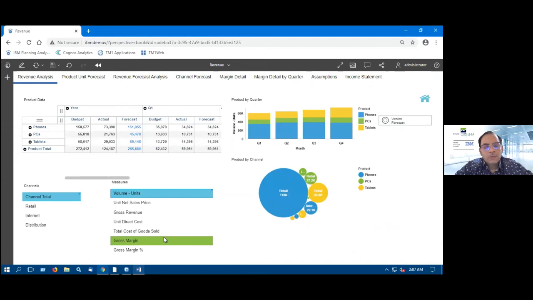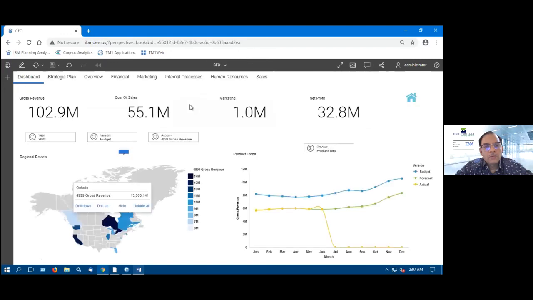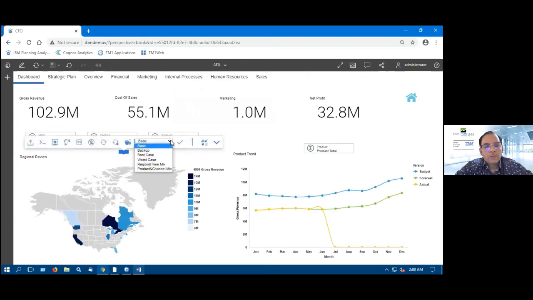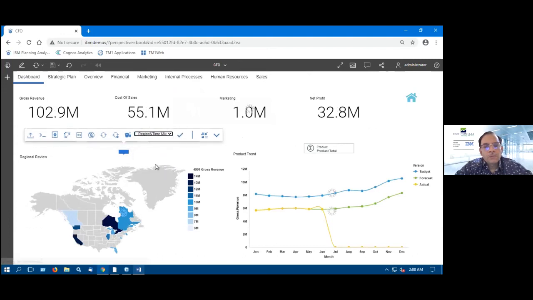The impact has already been reflected. Now, one of the finest things is that you can still choose not to accept any of these forecasts, and you can ask your CFO to verify this. Now, how will I do that? The CFO will also get the same sandbox, and he can choose to see what my current scenario is. So if I change my base to region time mix, you can see